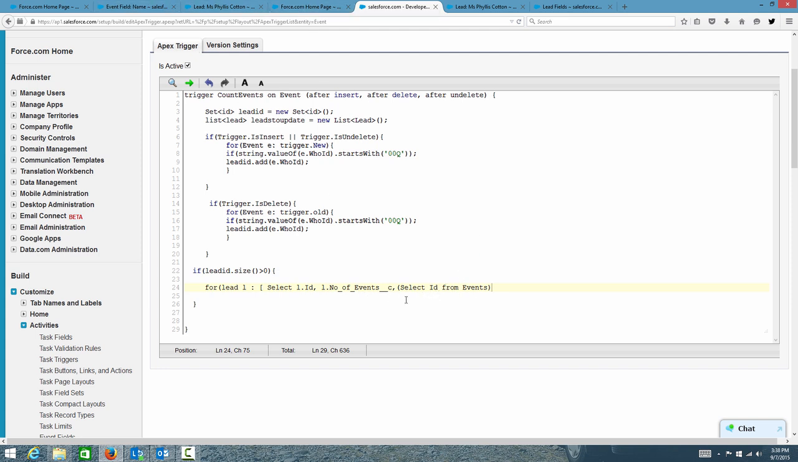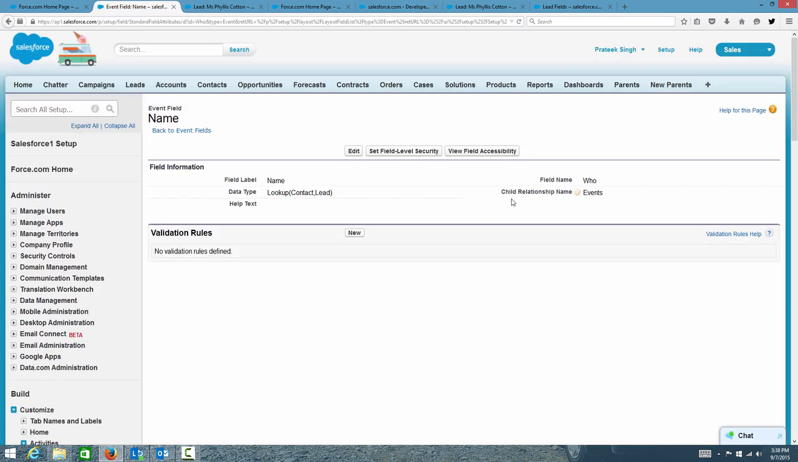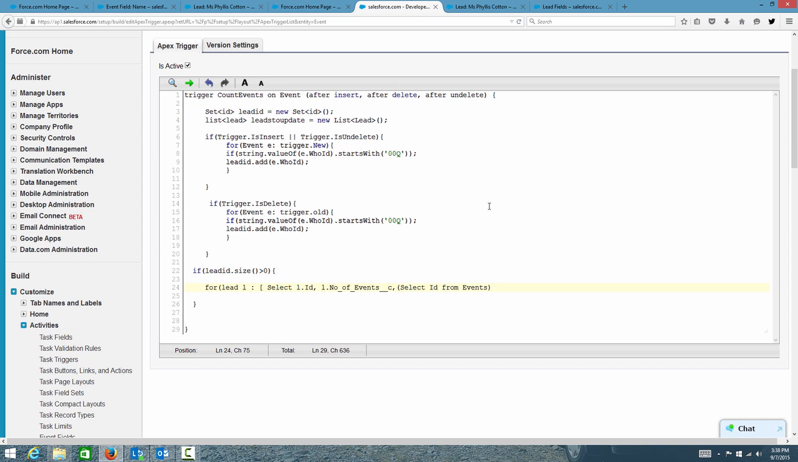Whenever you want to do an inner query, you need to go to that lookup field and click on it, and there you will get the child relationship name, Events. The normal field name is WhoId, but the child name is Events, so we will use that here. Select Id from Events and